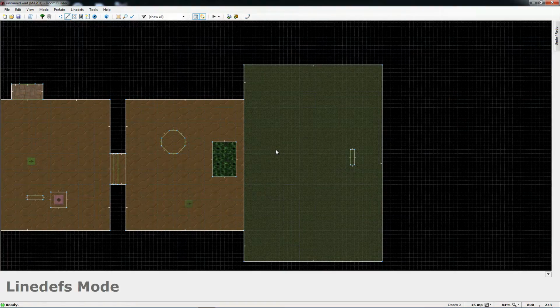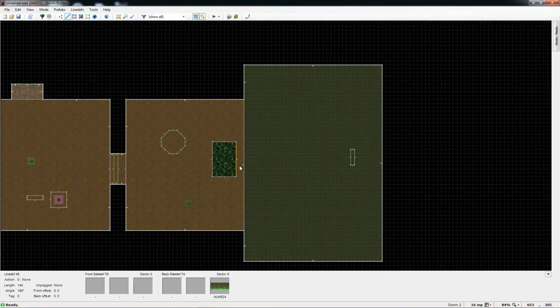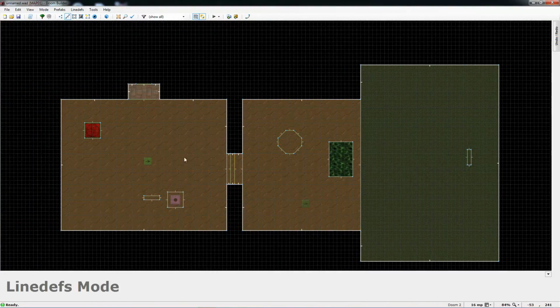In this episode, we're just going to talk about some basic finishing touches. Just put the extra little touches on your level to make it look a little bit nicer and play a little bit better. So, one of the first things that I'm going to want to do here is